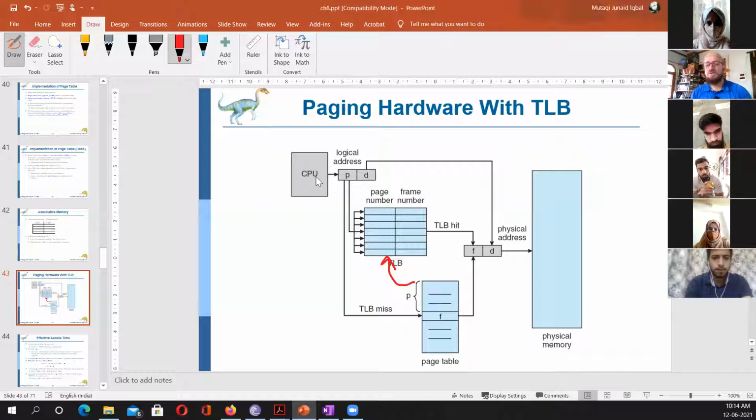So the page which the CPU is asking for may be in the TLB or may not be. But what is in the TLB and what is in the page table? Is it the data, or something else? Can anyone tell me? Whether it is in the TLB or in the PMT, the page map table, is it the data or is it something else? The TLB is the same, it's a part of what is in the PMT.